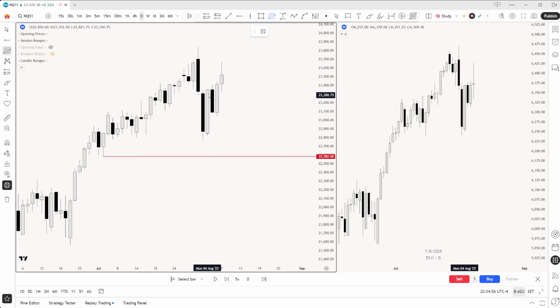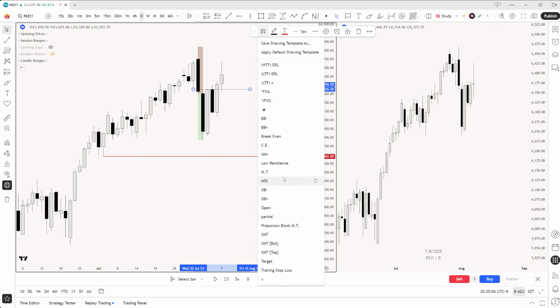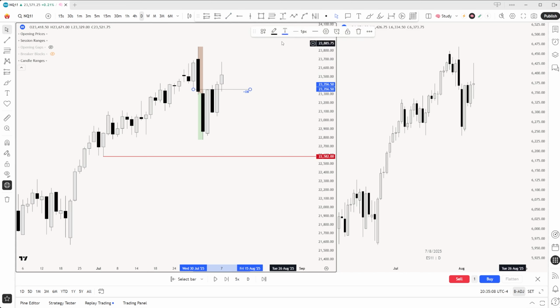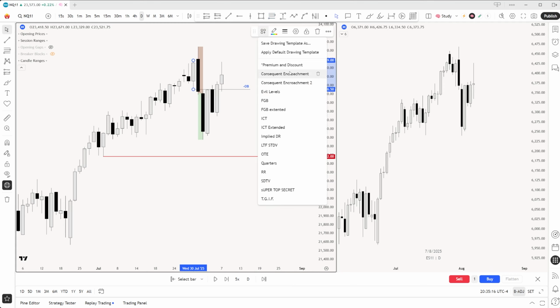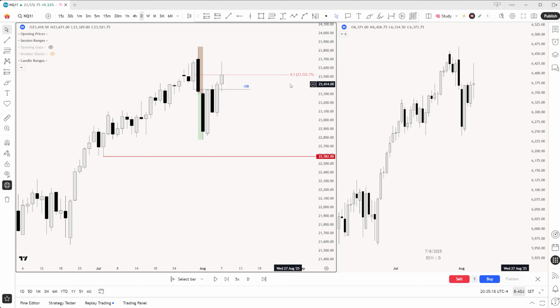I don't need to understand if it is a retracement or an expansion higher. What do I mean by that? Will it simply retrace into this range, or will it continue higher past the first premium inefficiency, which in this case is this premium order block? Now, in a bearish order block, for me, we have two levels. We have the order block itself, which we want to look for it to be respected, and we have the midpoint, which we like to call consequent encroachment. Not consequent encroachment, mean threshold.